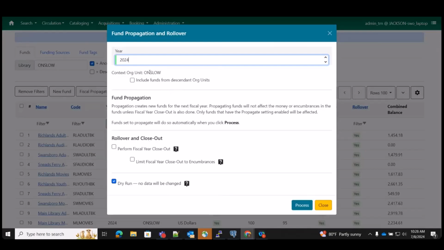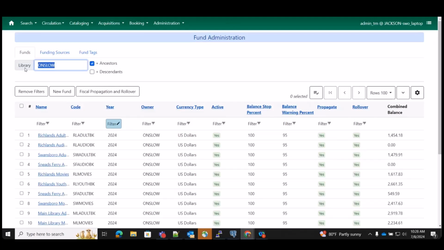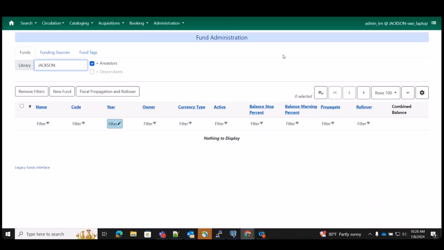The context org unit. This is straightforward if you are closing out your system as a whole, if your funds are owned by the system. If your funds are owned at various branch levels, then you'll need to include funds from descendant org units. This gets kind of complicated if you are scoped to a branch level to begin with. So when you are in the funds admin interface, if you have your branch set, obviously in this case there are no funds owned at the branch level in Onslow, but if there were and I was set to this,